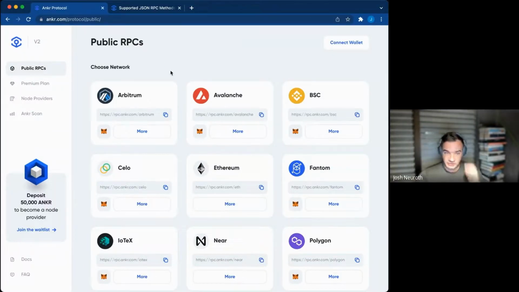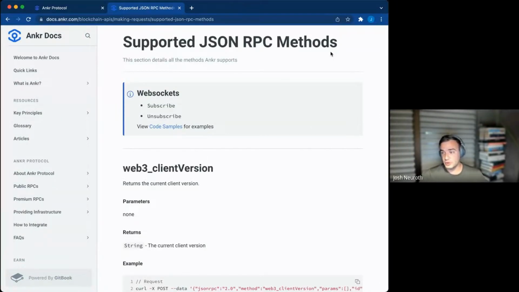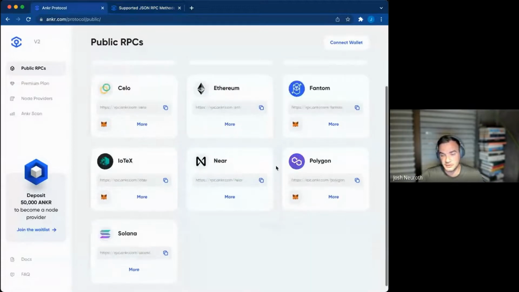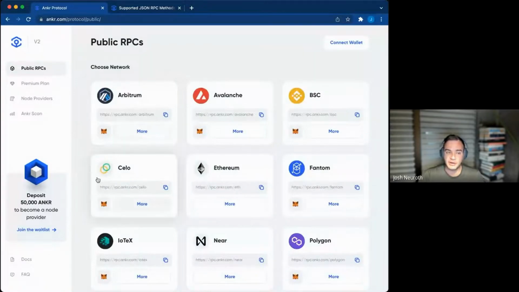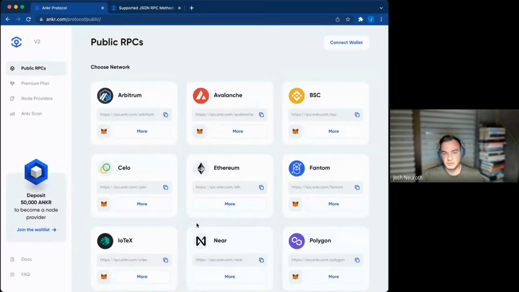I'm going to go to the Anchor docs next, which you can find at docs.anchor.com. And in order to query information directly from the blockchain, most of the chains you've seen here in these logos, except for Solana, and Celo, I guess, but Celo is actually EVM now, are Ethereum Virtual Machine compatible, right? And so Solana uses its own native thing, but chains like Arbitrum, Phantom, Binance Smart Chain, Ethereum, they all use the Ethereum standard.